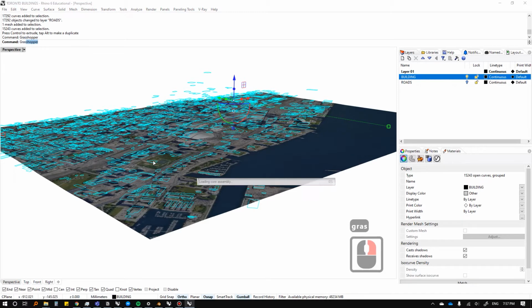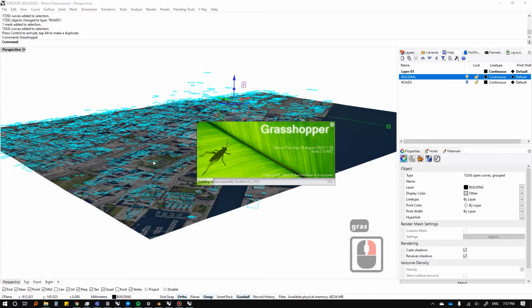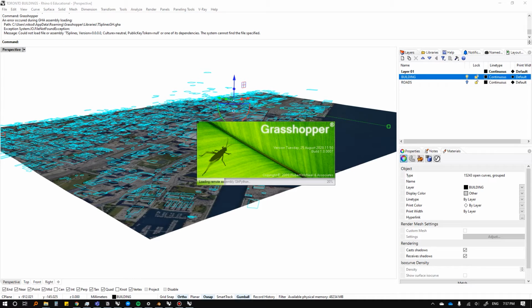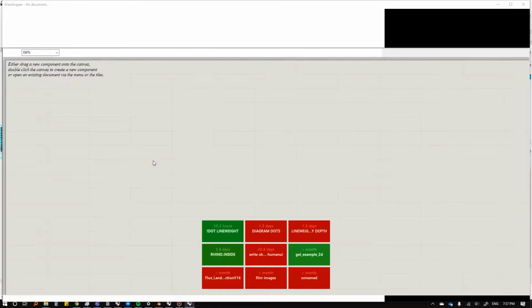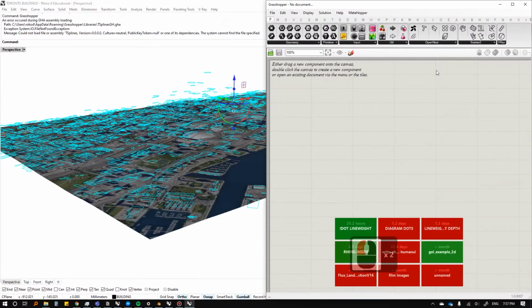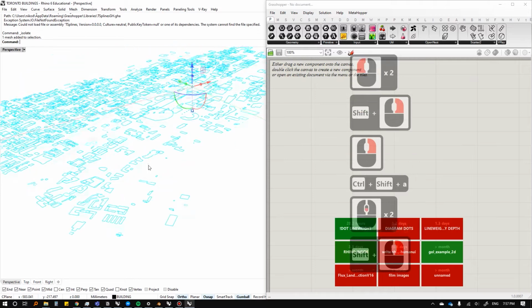So we're going to open up Grasshopper. Dun dun dun. And just follow along with me. Fortunately, because it is a Grasshopper script, you can just reuse this 100 times without having to change anything. If you have never used Grasshopper before, that's also okay. I'll take you through it